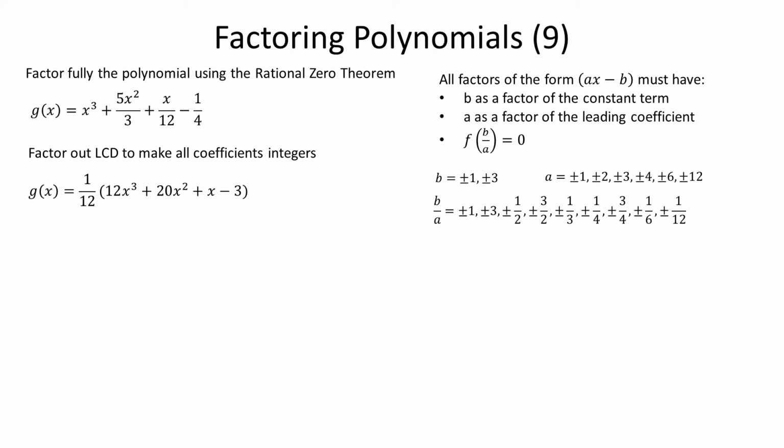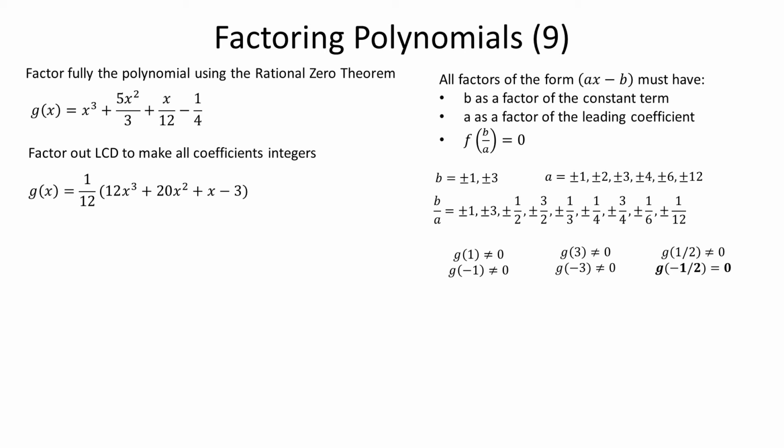Now we can test whether each b over a is a zero by plugging them into g of x and checking if the result is 0. If you have a calculator, it might let you enter variable expressions, then evaluate them at a given value. Look in your calculator manual, ask a teacher, or look online. I'm going to do it going down my list. After plugging in some values, I see that g of negative 1 half is 0,